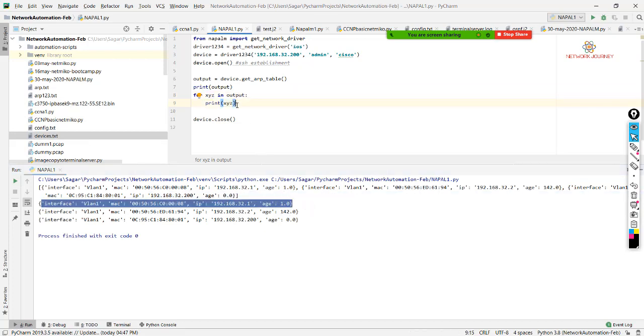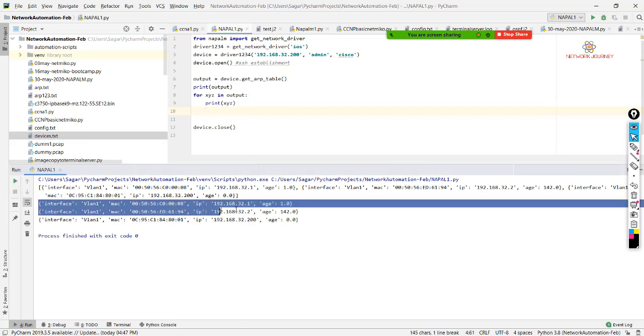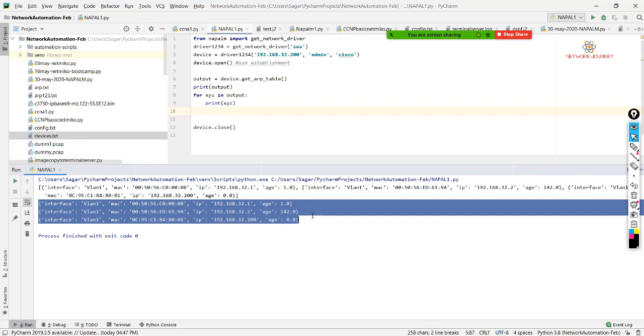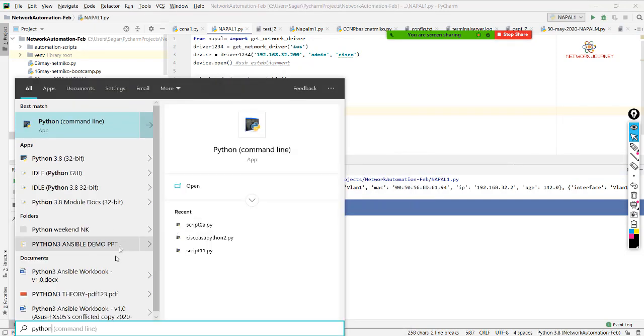Now what we can do is we can bring in some JSON format. JSON is JavaScript Object Notation, which will help me to convert this dictionary data into a better form. I have talked about this, if you remember. Let me open up that file if I have.